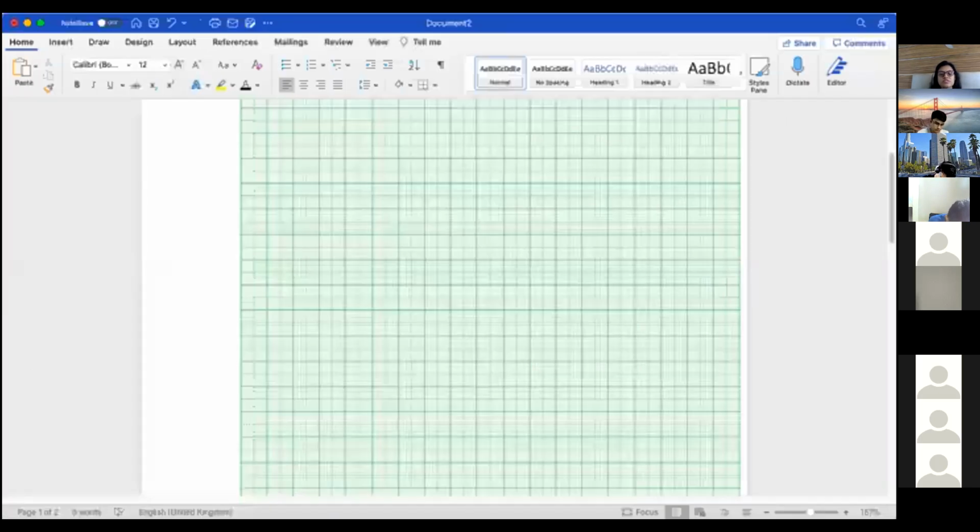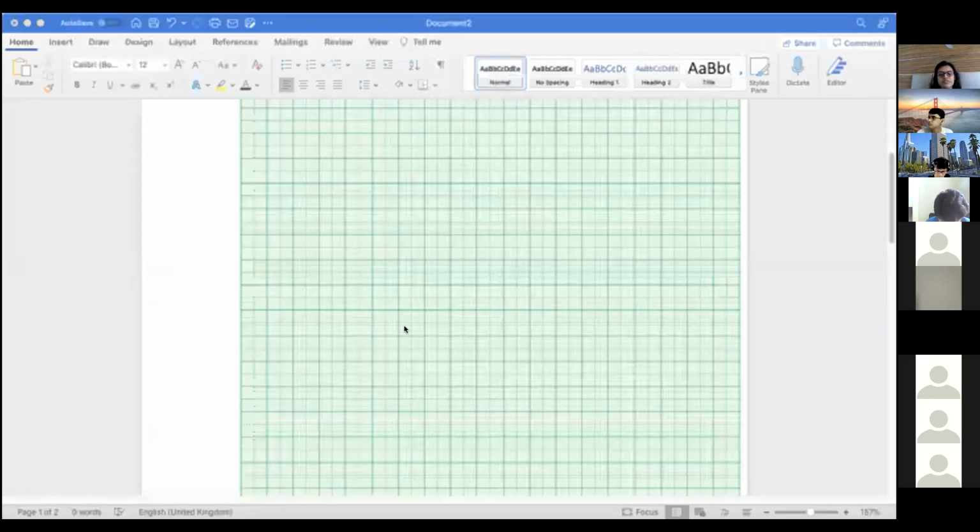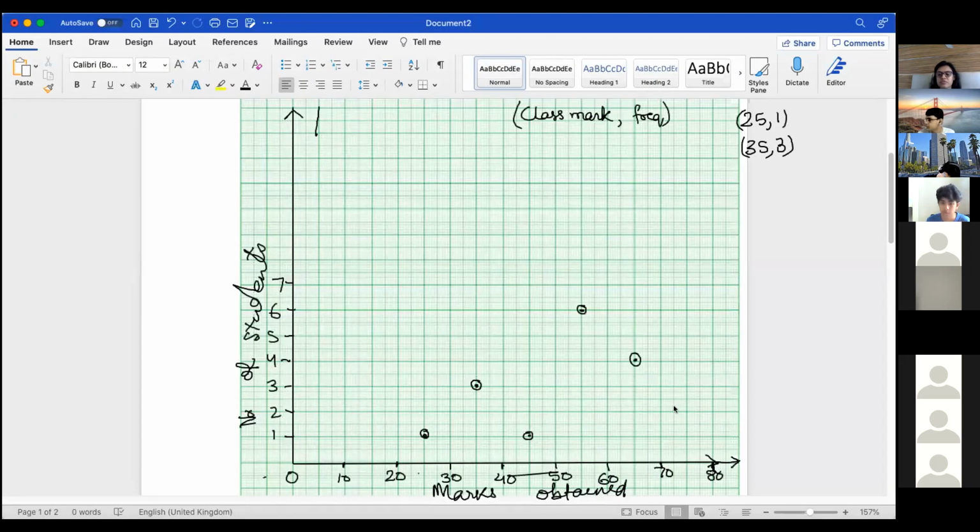Then is 65, 4. 65, this is 4. Next is 75, 5. Now we'll join these points. So here we got, without drawing the histogram,